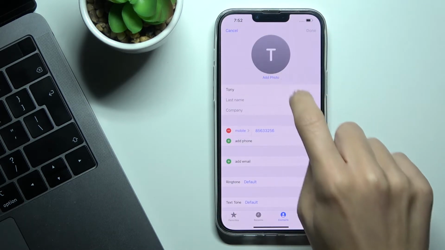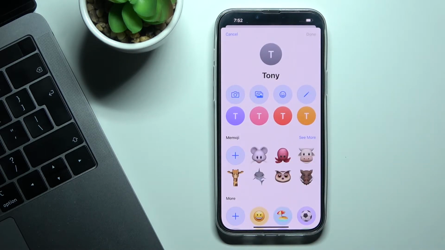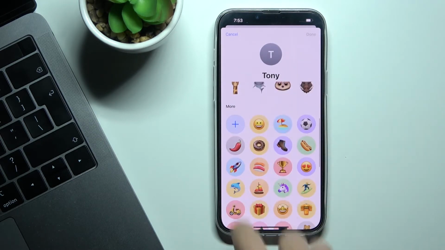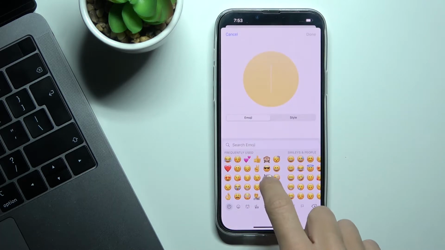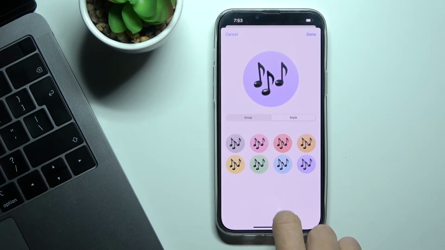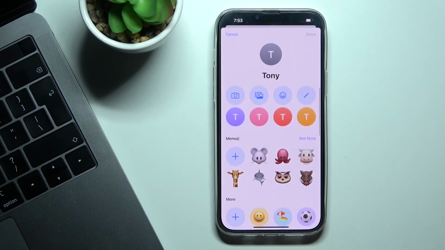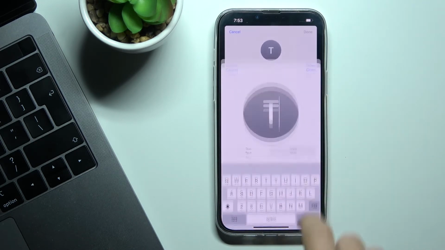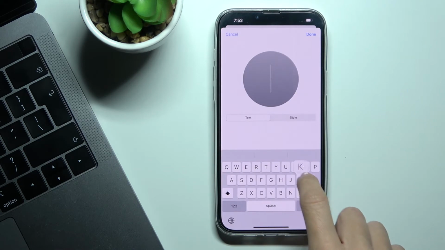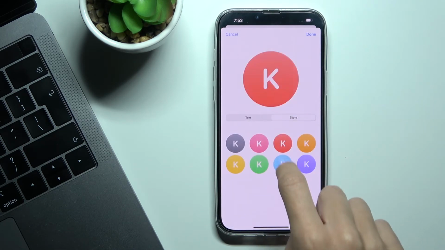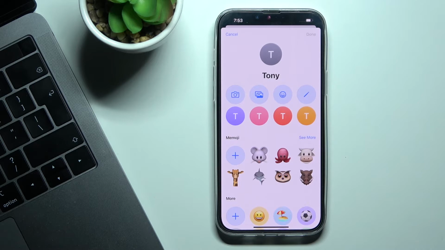So once you've got the contact, you just need to pick it at first, then tap on edit and click on add photo. And as you can see, you can choose some emoji, you can also create your own, then just choose the style, and you can click on done to save it. Also, you can write some letter, and also choose the style by yourself,